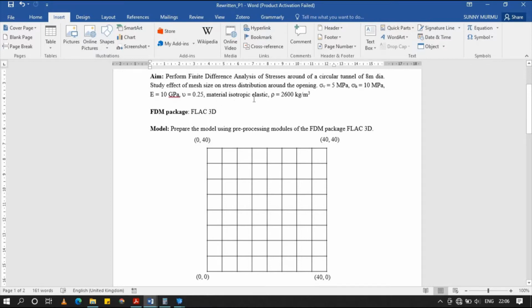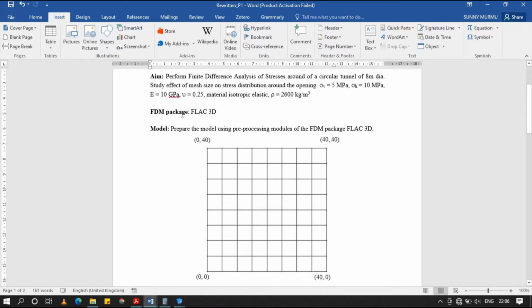Which means it behaves as an elastic substance, and so it should have a Young's modulus, which is 10 GPa, and Poisson's ratio 0.25. These two define the elastic nature of this material, and density is given as 2600 kg per meter cube.